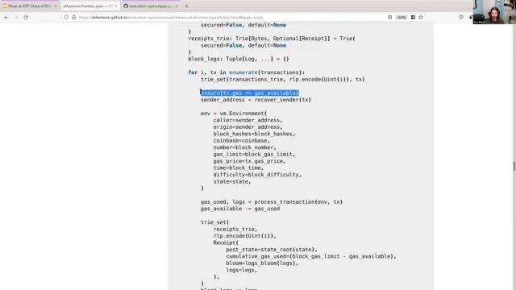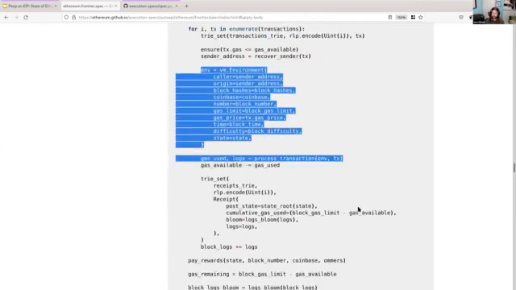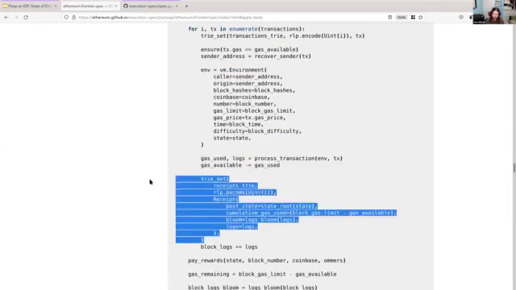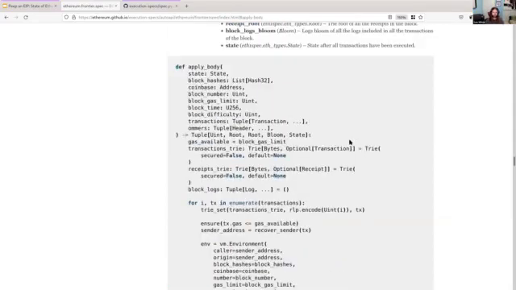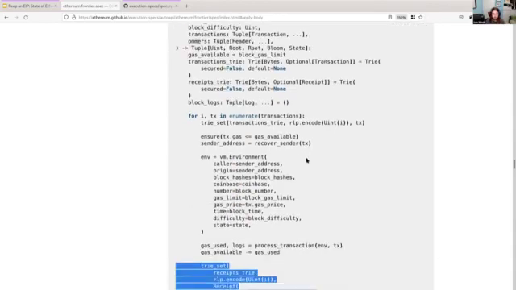We do some checks to make sure the preconditions are correct, and then we actually build the EVM and execute the body of the transaction. Subtract the gas, and then encode the receipt into the receipts trie. So this function really does highlight how simple this code is. It's normal Python,